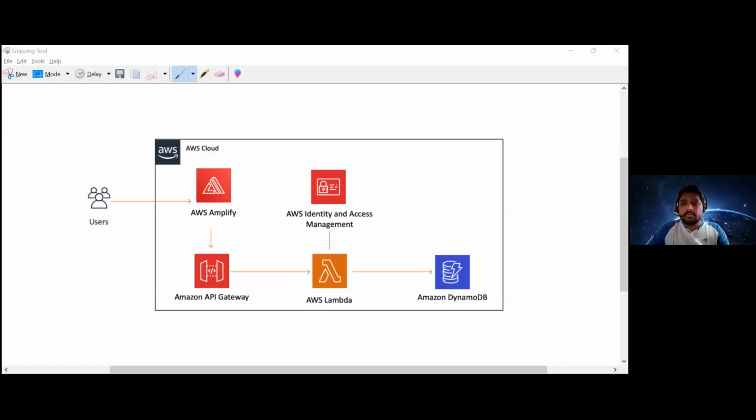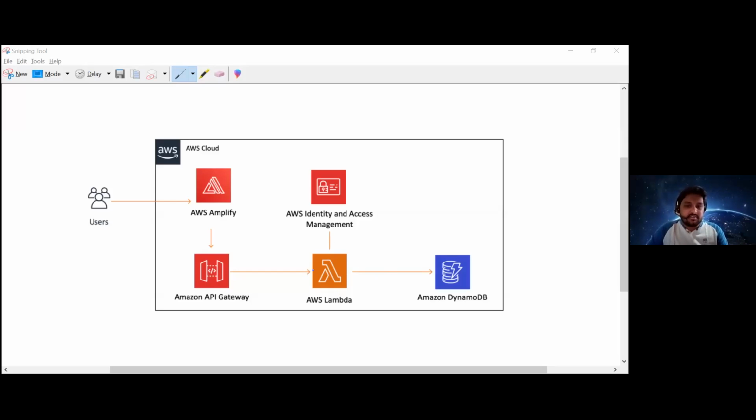Let me know when you're able to see my screen. You don't have to worry about a lot of technical things here. I'll share the link when it's time. Okay, so this is what we are going to do today. Don't worry about what exactly this means and how it works technically. I'll just give you a small overview. Amplify is what we will use to create your website. It will generate a link which we will use to access it from your browser, right?